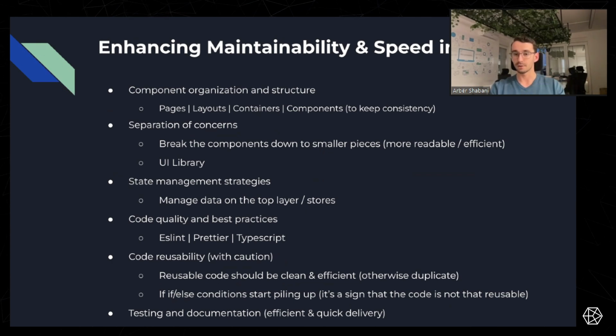You have to add if conditions. Sometimes just try to keep a clear mind, and sometimes making a duplicate might be better than trying to make reusable code. So just keep that in the back of your mind, because it makes everything a lot easier and simpler.